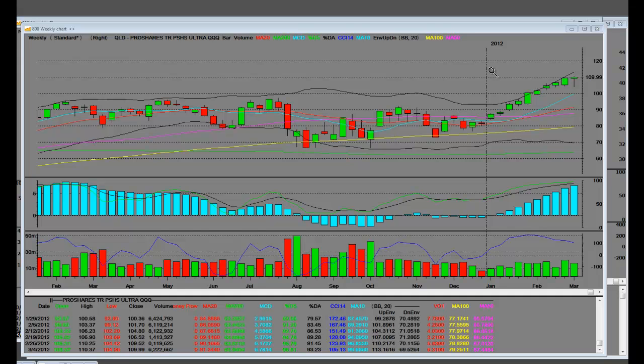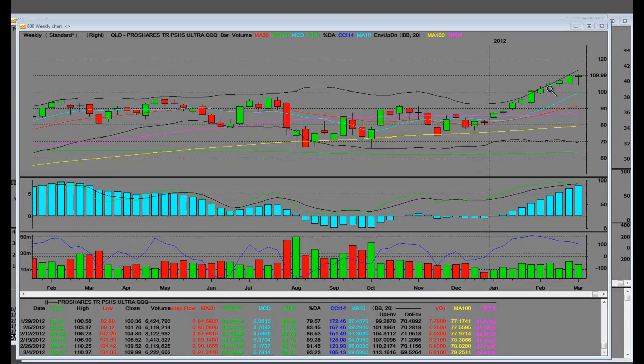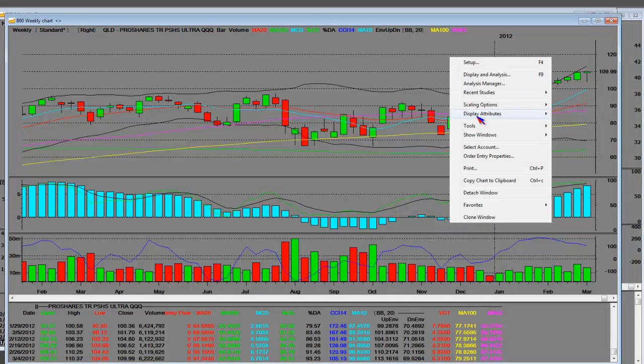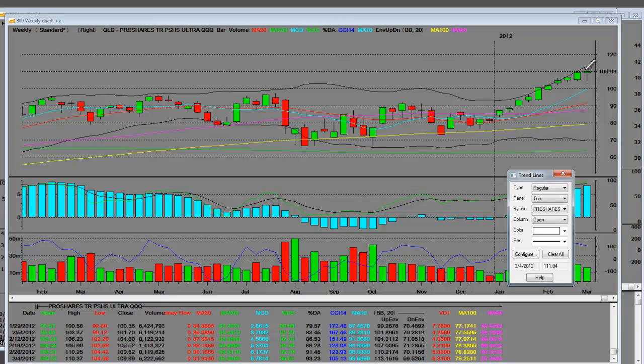QLD, ProShares Ultra QQQ. Look at this. It's gone straight up. It's at the top. I'm going to draw a trend line. MMTs, and once again, for the MMTs that are not here today and other apprenticeship MMTs,